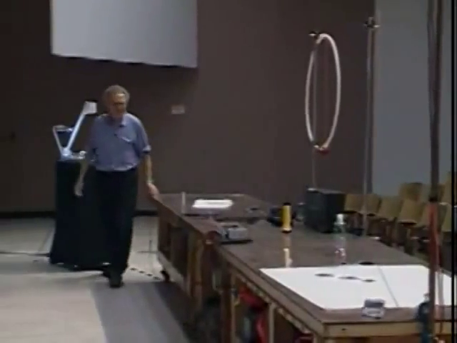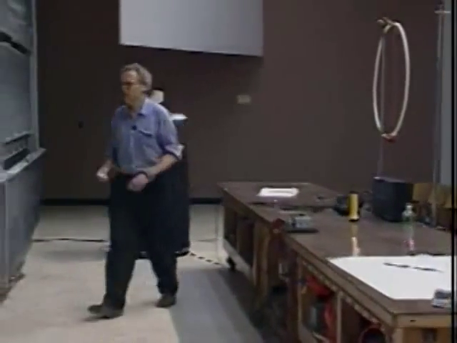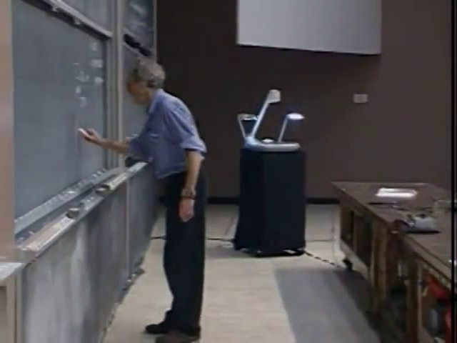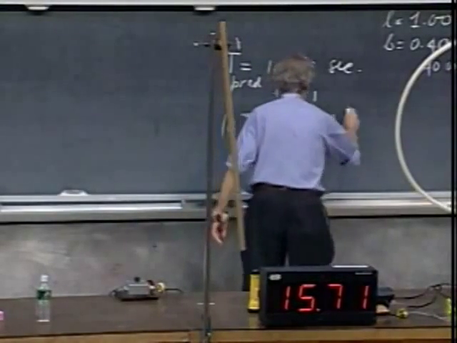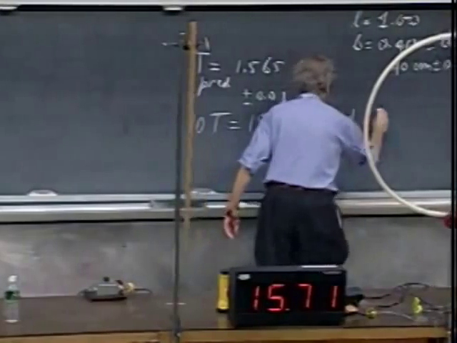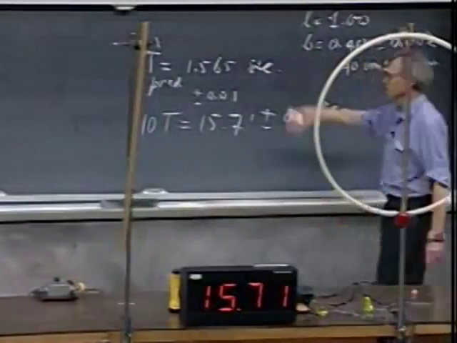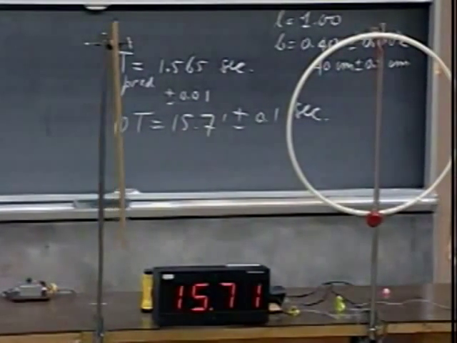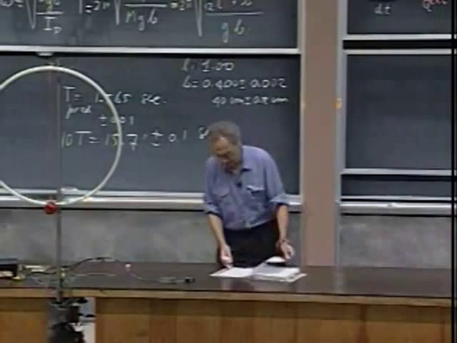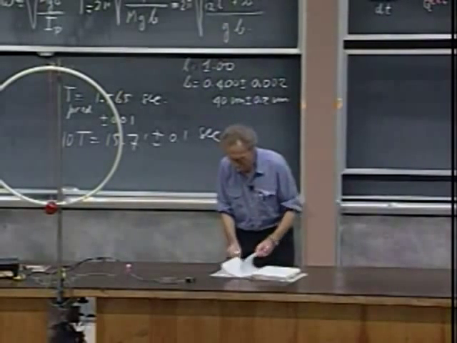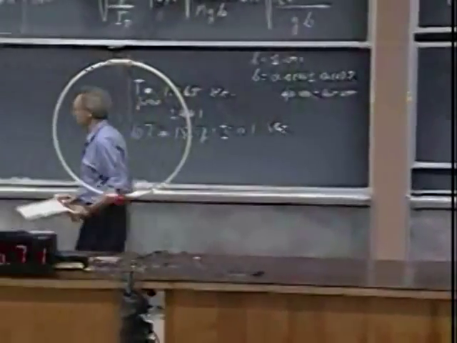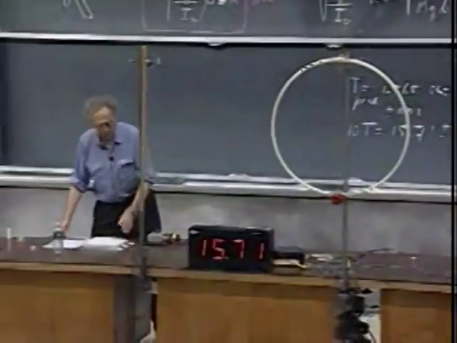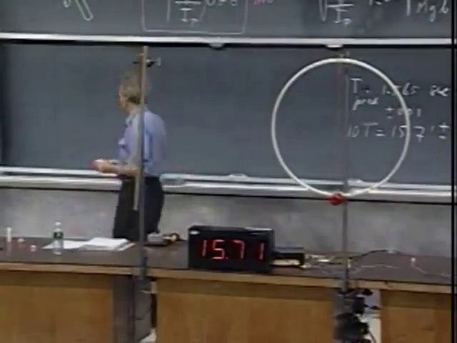Amazing, isn't it? That such complex systems can be so easily dealt with in physics. It is 15, what is it, 0.71? And my reaction time is always 0.1 seconds, so the agreement is absolutely fantastic. Now, once you have done this with your ruler, you can apply this knowledge on